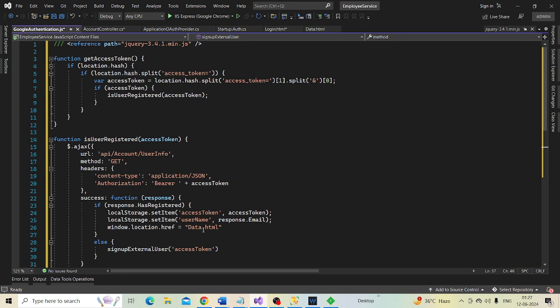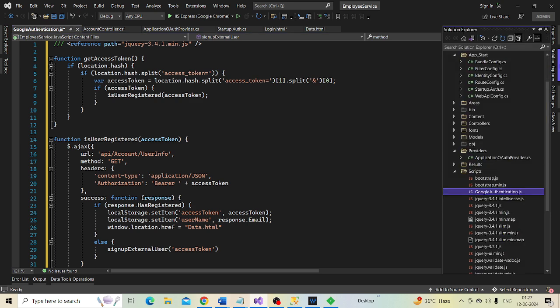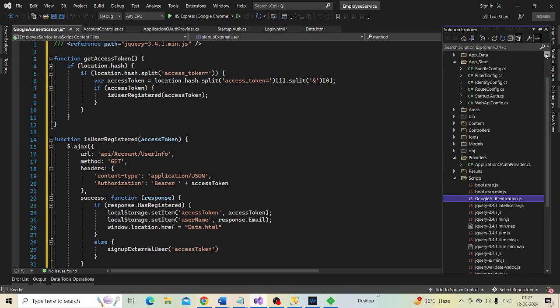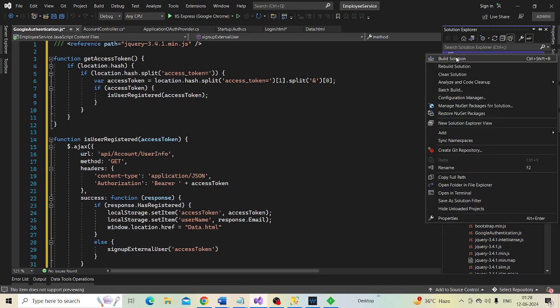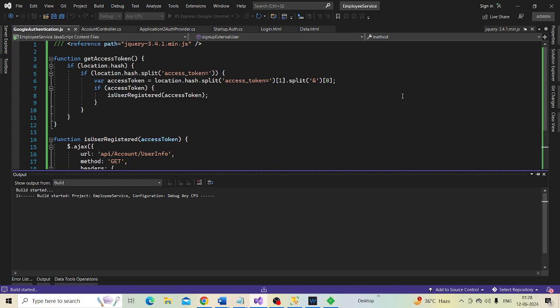So with all these changes, let's give our application a build. Build succeeded.